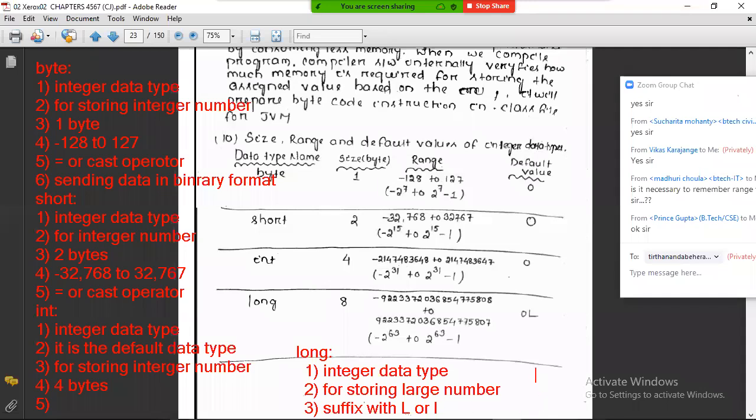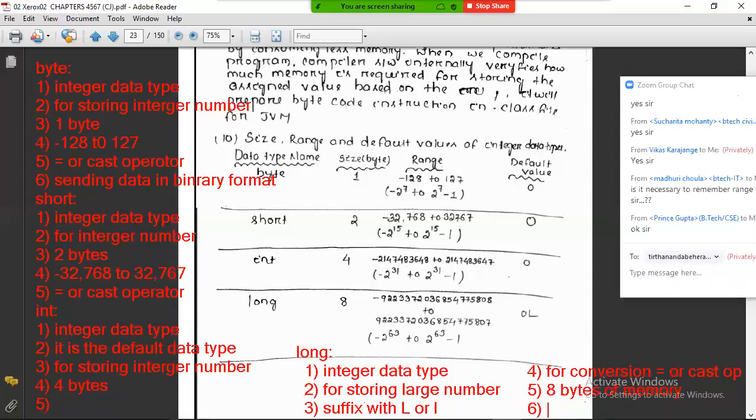For conversion, we can use the assignment operator or cast operator. Understand the difference? Fifth point, it provides 8 bytes of memory. And the sixth one, it provides the range minus 2 power 63 to 2 power 63 minus 1. What is 2 power 63? Oh my God, a big range is there.